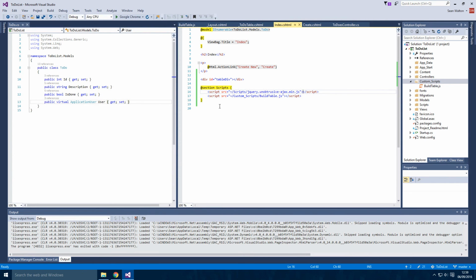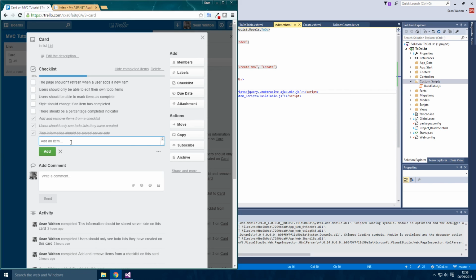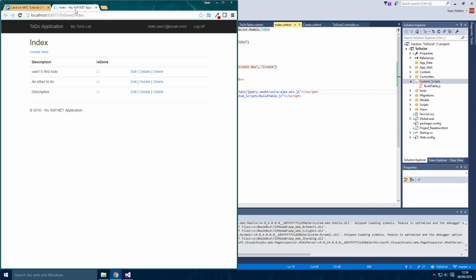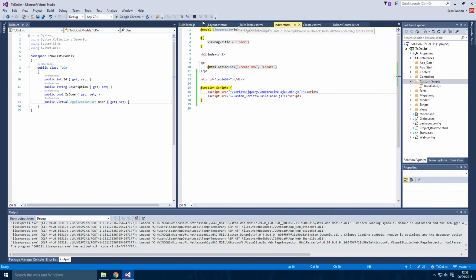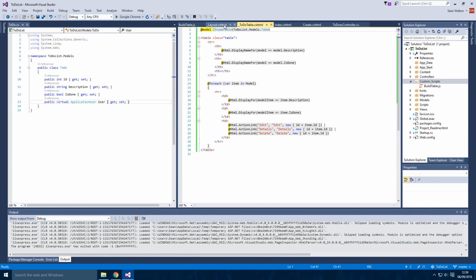And this is what's going to enable us to have the interface where we can add items by typing and pushing enter, and it's only going to update that table. And in fact, we're going to end up using this function build table quite a lot for various different things when we want to update that table dynamically. Okay, I'm going to leave this video at this point, and there's quite a lot to cover with the AJAX